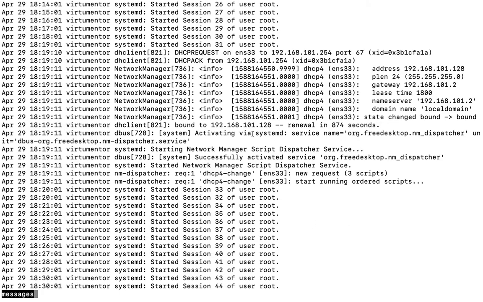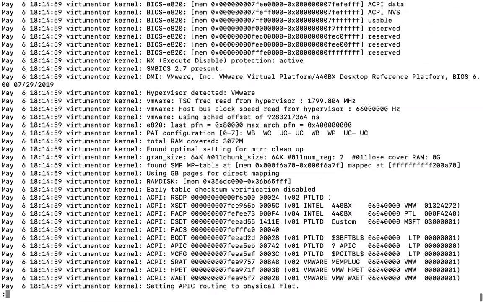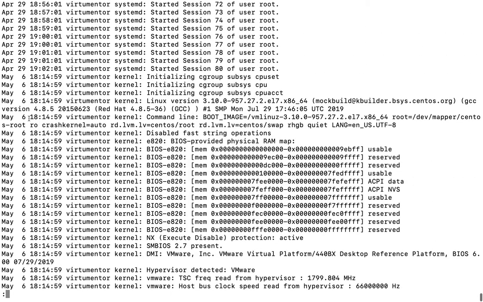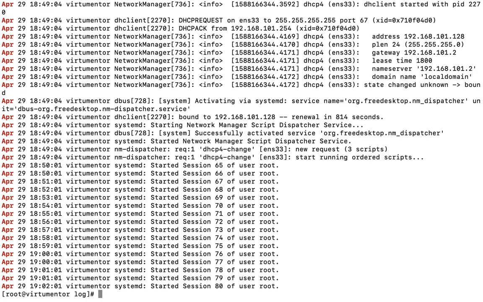It starts from April 29th and has a huge number of lines. So I want to print lines that start with a pattern. For the start we'll use the caret symbol, then APR, in messages. This will print all the lines which start with that specific pattern.